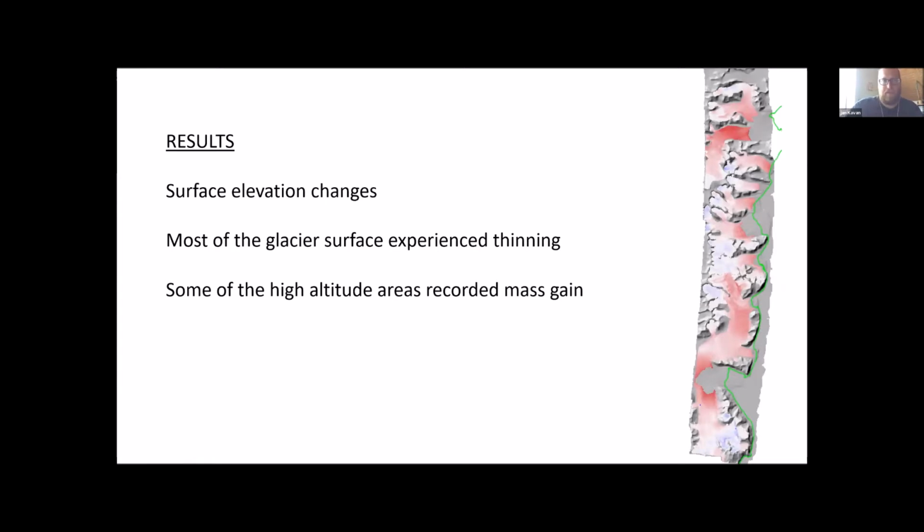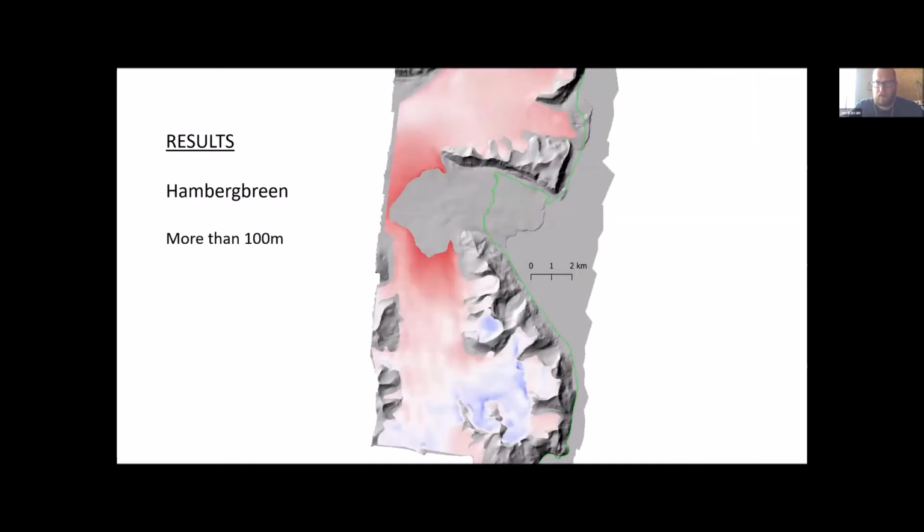If you look at the surface elevation changes, comparing the two digital elevation models, the most striking thing is that all the glaciers are experiencing thinning in the lower part, but some of them at the high altitudes are recording mass gain. They are not thinning at the very highest parts of the glaciers. And again, if you look at the four glaciers that I chose,